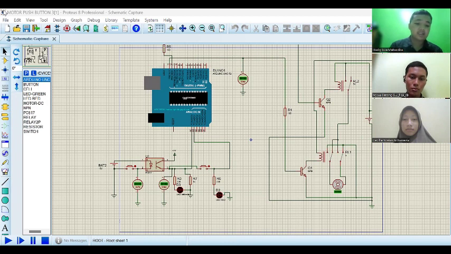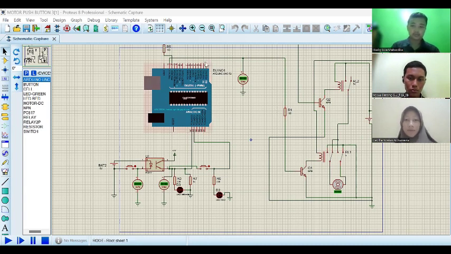Number 8, LED, used as an indicator light. Switch. The switch is a tool that serves to connect and disconnect the electric current from the voltage source to the load. Push button. A push button is a switch that functions as a breaker or connector of electric current from the current source to the electrical load.